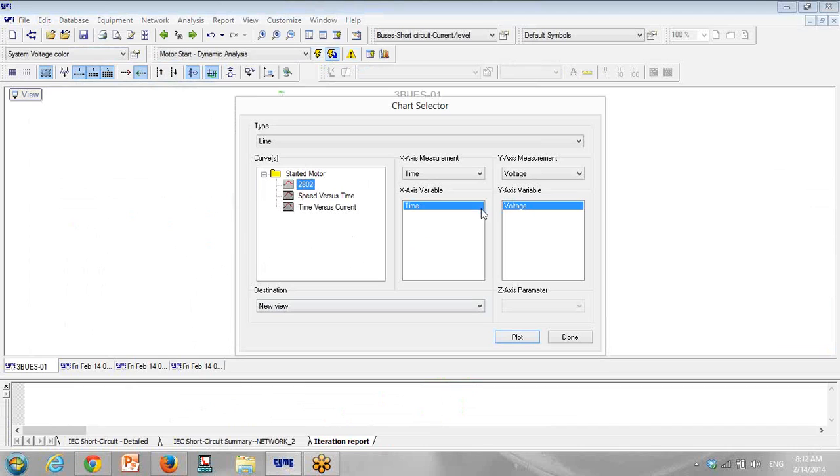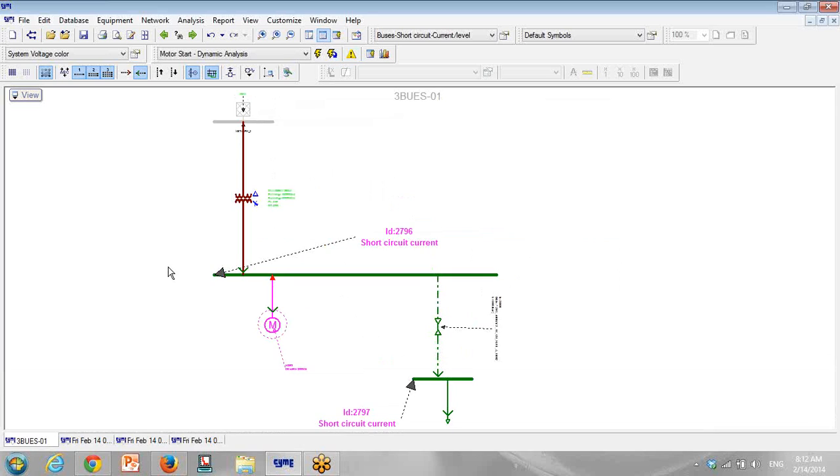and I can have a curve in new view, but right now I want to compare it with the previous one. So I select the previous one and click on voltage. Again, select the previous one for current and click on current plot. Again, select the previous one for the torque and select torque and click on plot. Then I go to